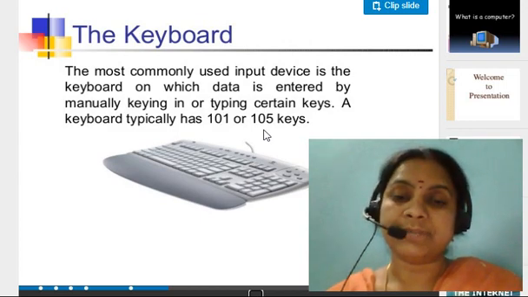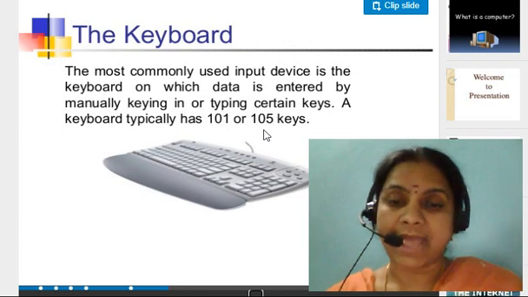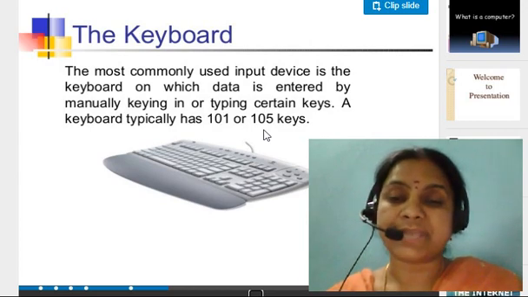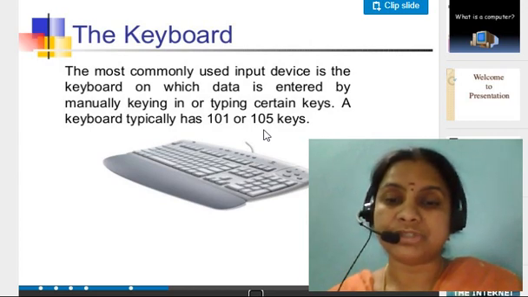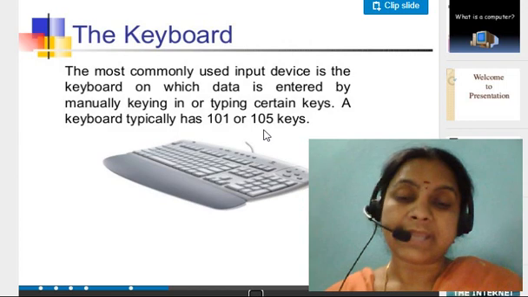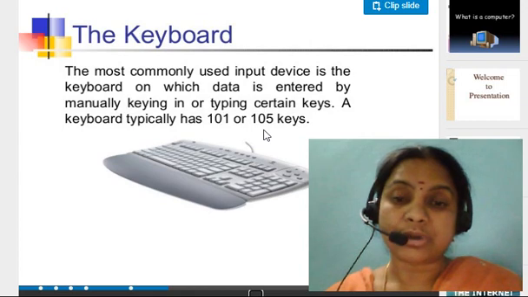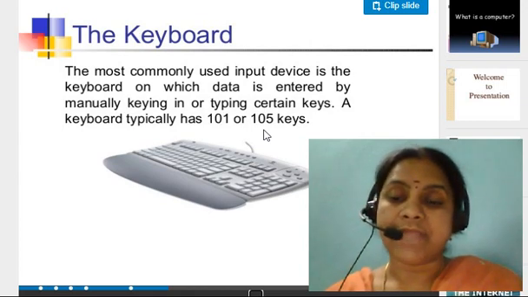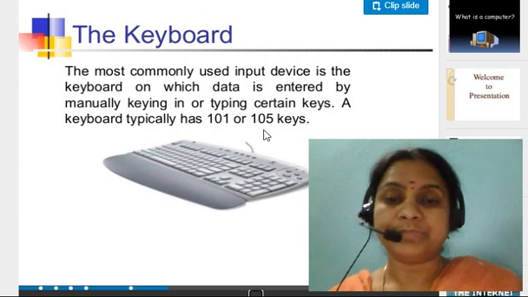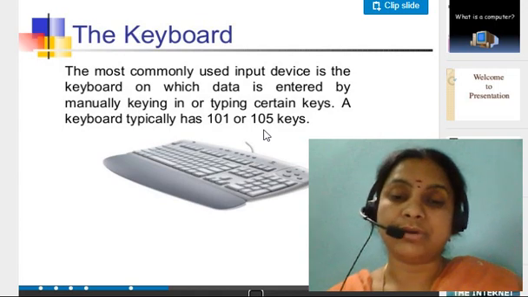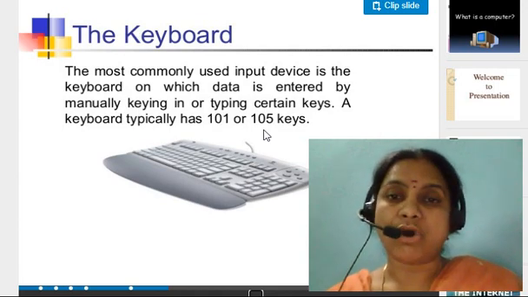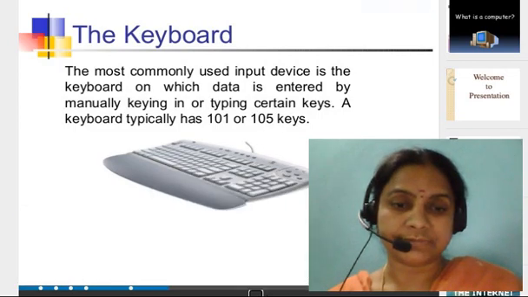1 to 0, that means 1 to 9 and the 0 number we have. And next alphabets A to Z. And next the space bar, which moves the cursor from one position to the next position. Space bar, delete, escape, caps lock, which is used for upper case letters. And next control keys, alt, and so on. In the practical session, when we do the practicals, you will experience all the keys. These are all the keys which we use.